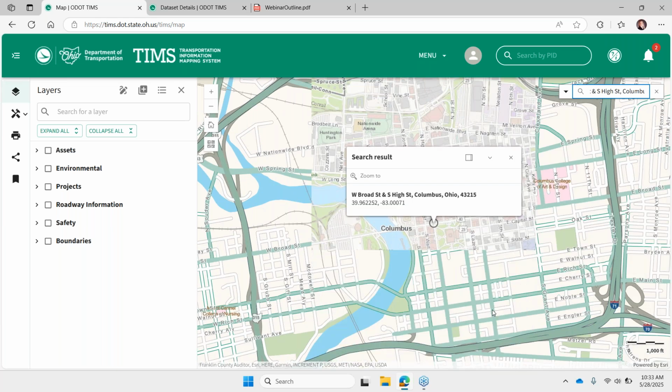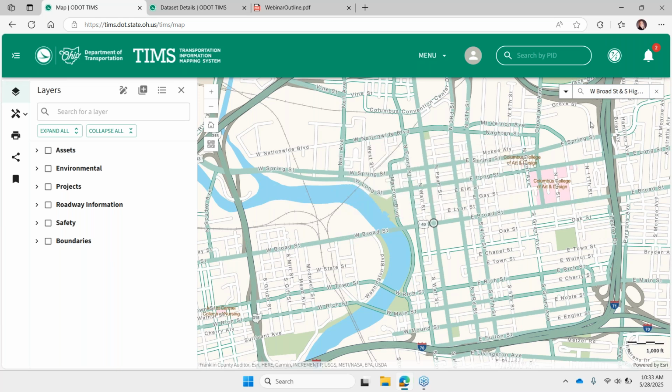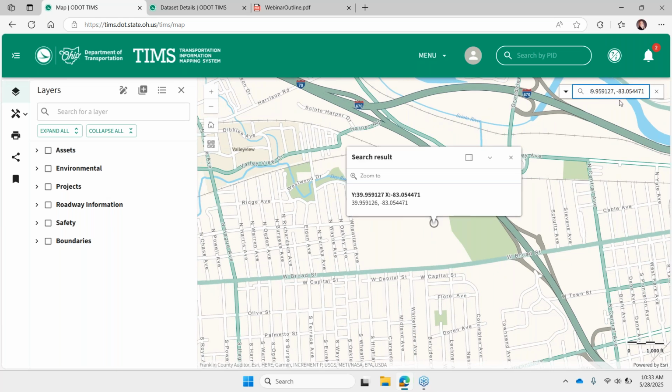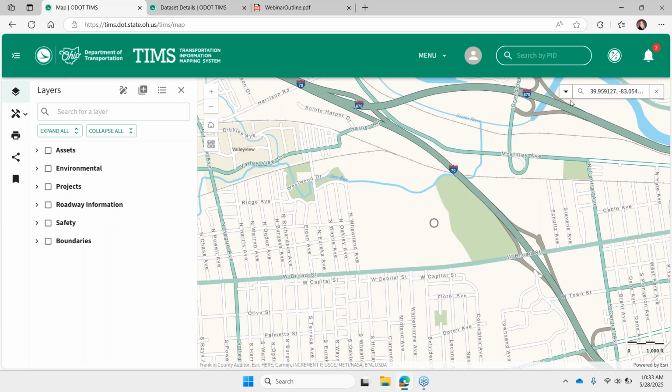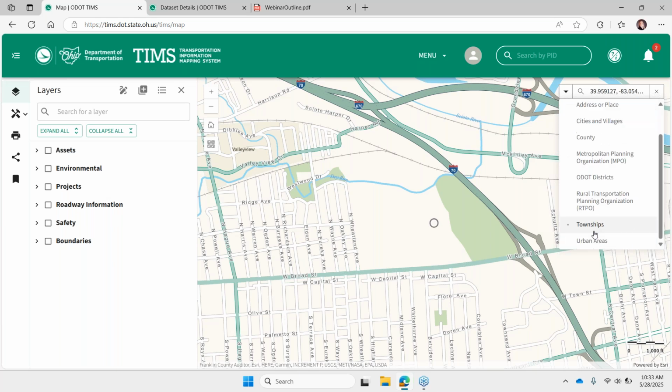Right, you can type in, and it will take a couple of formats for finding an intersection. You can type out "and", you can use the ampersand. Or if you have coordinates, just copy and paste and hit the enter button on your keyboard. So I was able to find all these different types of locations without having to select anything from this drop-down